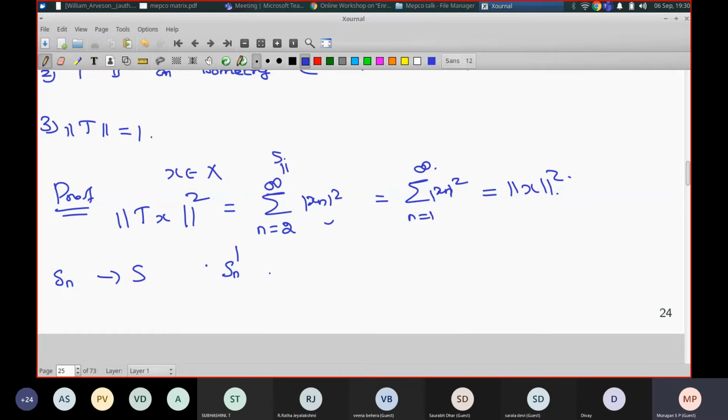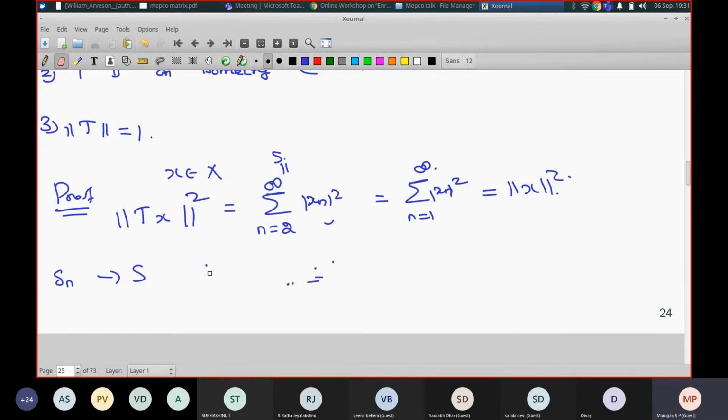See, what about that? Okay, this quantity to this quantity. It is easy, no? So you can easily see that from that, the norm of T is less than or equal to, it is equal to 1, right?